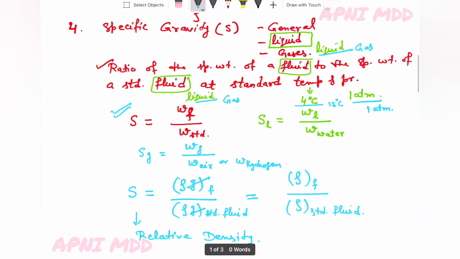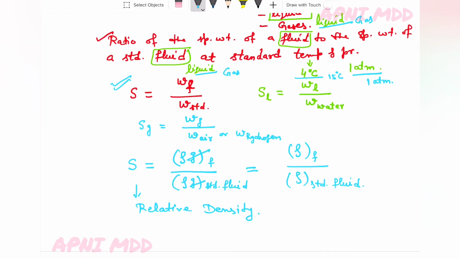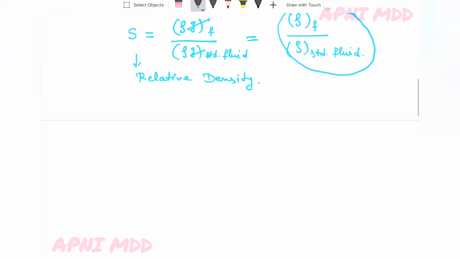So another name for specific gravity is relative density, because this is also the ratio of densities, density of a fluid to the density of a standard fluid. Okay. Then another important property of